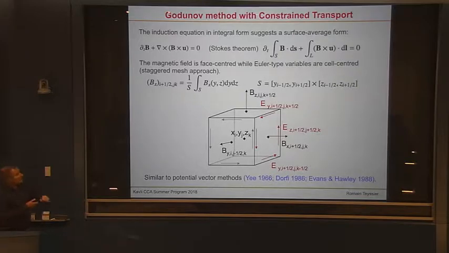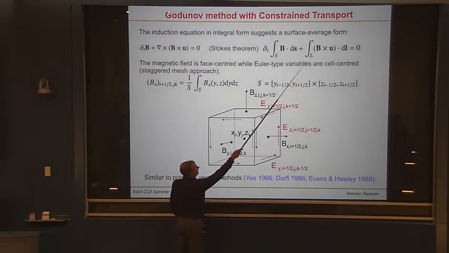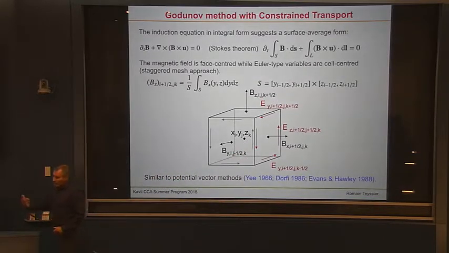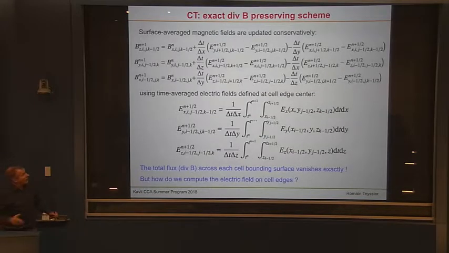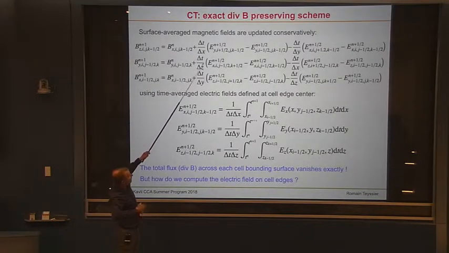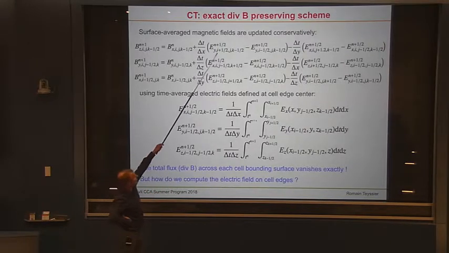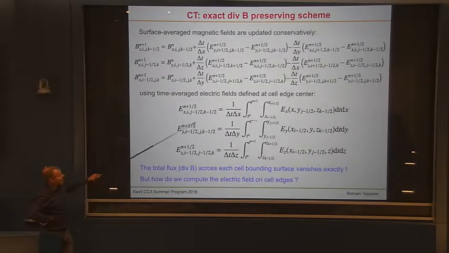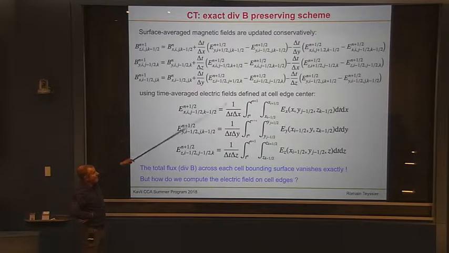Using this definition, and for the electric field this definition, you can now derive the discrete form of your equation. And here they are, the three equations. These are surface averages, at time n plus 1 and time n. The equivalent of the fluxes that we had before are now replaced by the electromotive force averaged over a line element, and you have the time-averaged electromotive force. So this is exactly the equivalent of the Godunov method that I described yesterday, except now they are for surface-averaged magnetic fields, using not fluxes, but line-averaged electric fields.